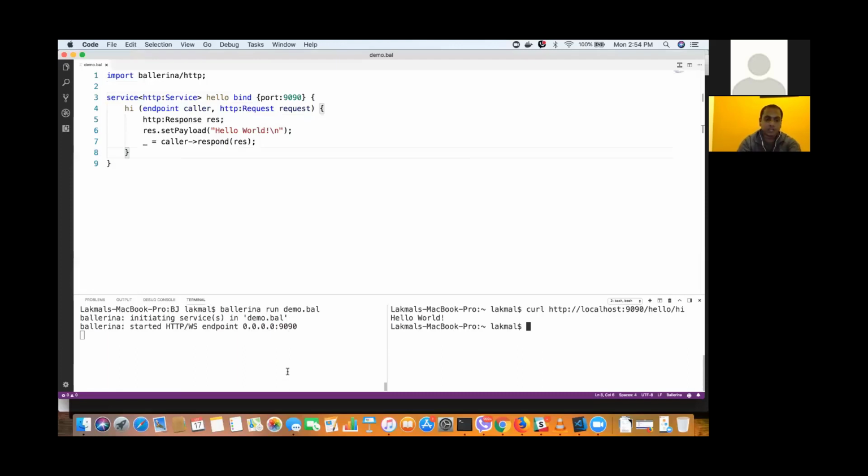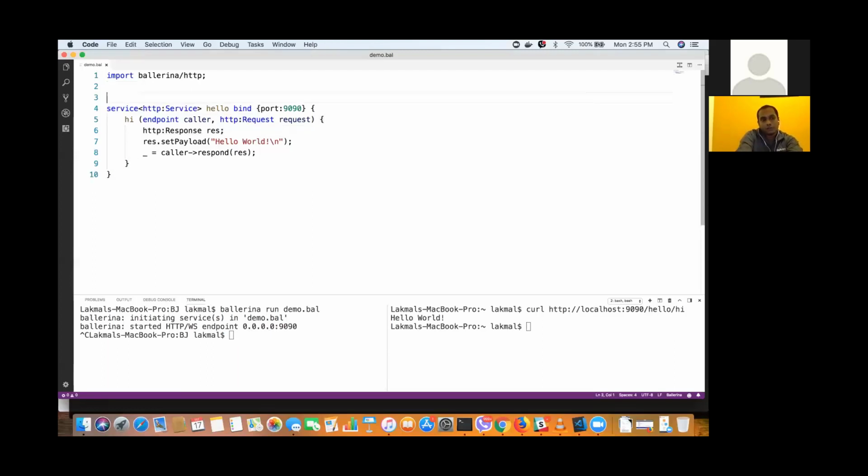Before I come to that, I want to explain a few other things in Ballerina. The earlier question is how we can get the request, do some alteration, and send it back. So let's try to do that first, and then we'll come to the Kubernetes.